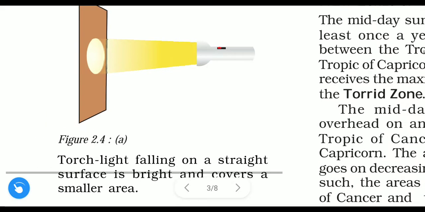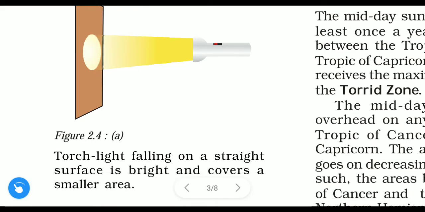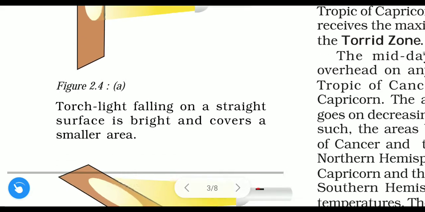Now let us discuss this diagram. This is the torch, and this circular portion is your torrid zone, all the latitudes between the Tropic of Cancer and the Tropic of Capricorn. These are the sun rays. All these sun rays are exactly perpendicular to this region. That is why this region receives a lot of heat, extreme heat, and hence it is called the torrid zone. Here the explanation is given.